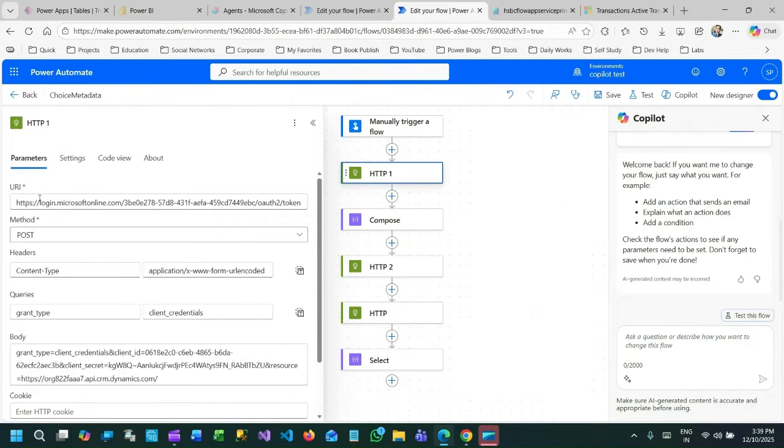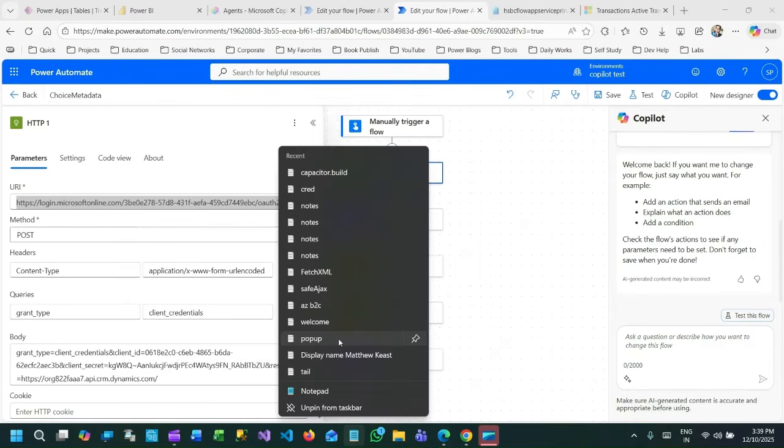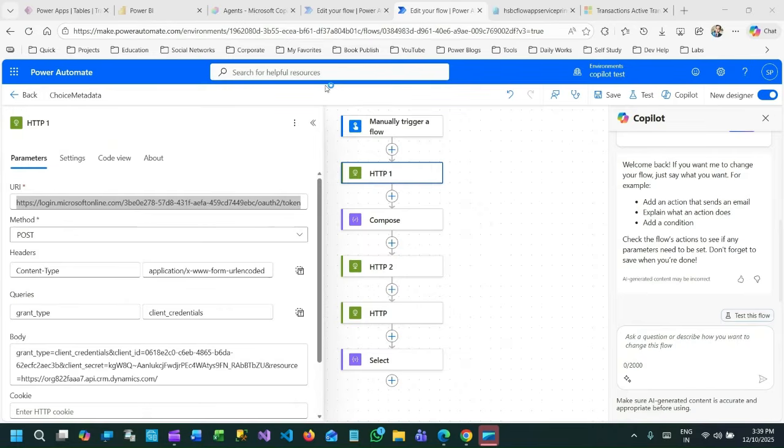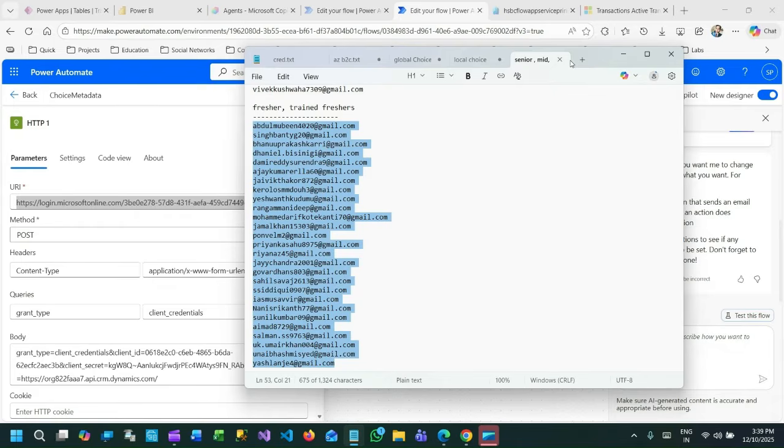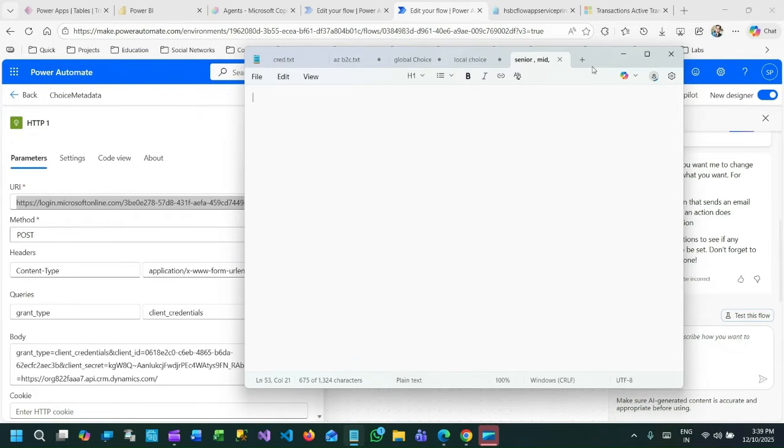Now you have to mention these things. In URI, you have to mention this URL. What does this URL stand for? This URL stands for the login credential to generate a token. Now, this is the URL